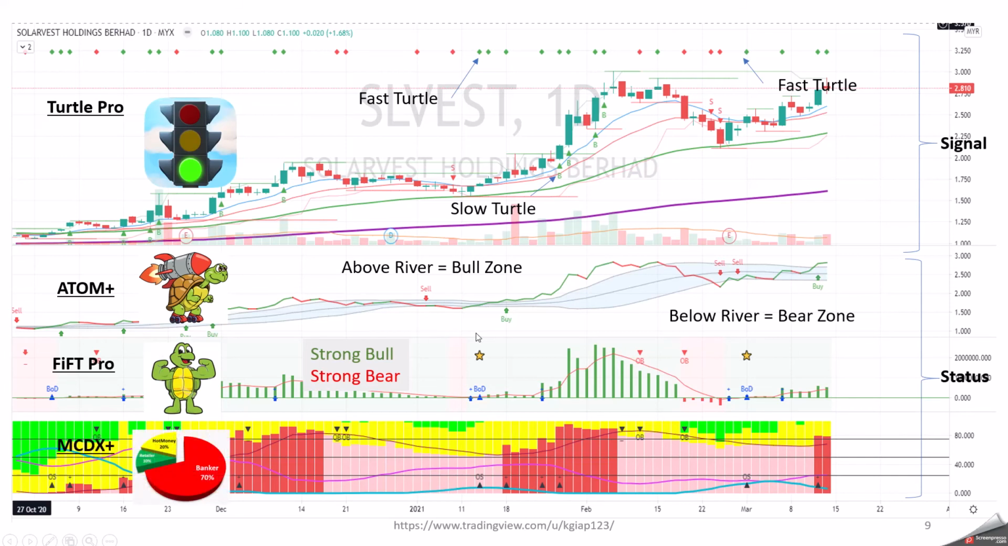Okay, last but not least, one of our most popular indicators called MCDX Plus. MCDX Plus will read the volume over here and will classify whether this volume is bankers or retailer. And hot money, which is represented by yellow, is neither retailer nor banker, which means we do not know. All right, so basically, how to read this indicator is